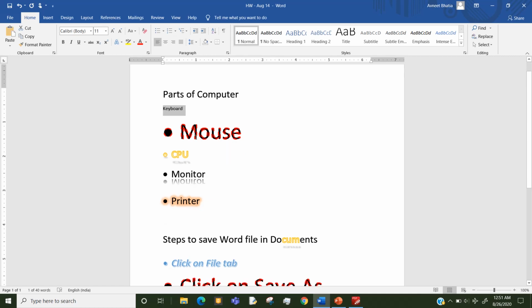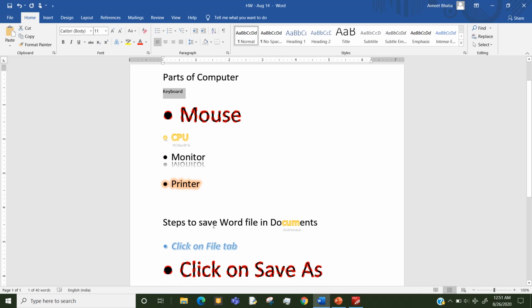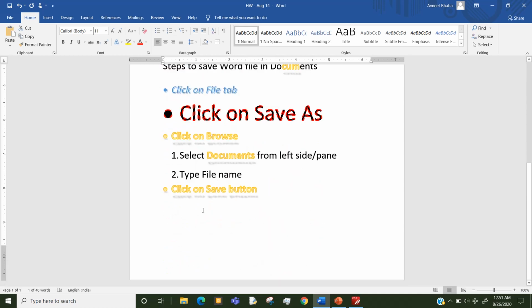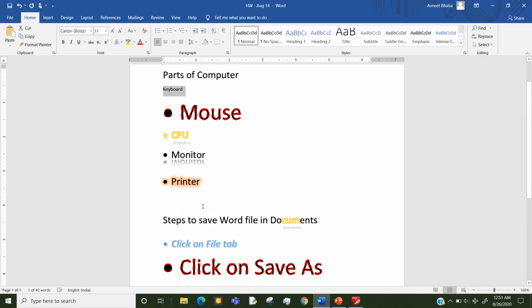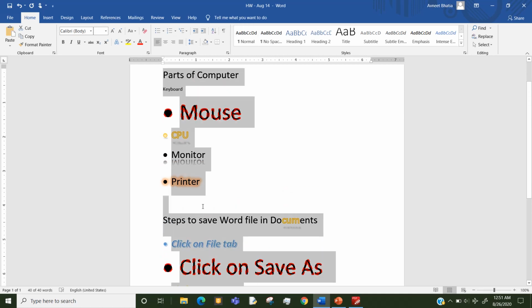If you want to remove the formatting of the entire text, this complete text which is there, then you can select all the text together using the Ctrl A key and then click on this Clear All Formatting icon and see what happens.